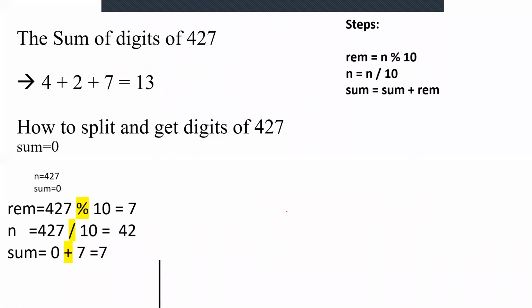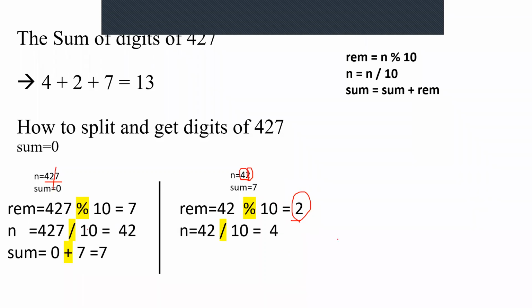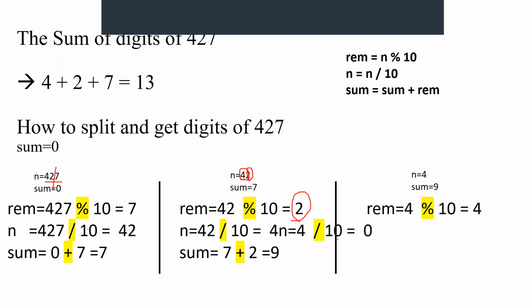If you didn't understand, I'll repeat it once again. 427 is a number, so if you find mod with 10, you will be able to extract the last digit. And the division will give you the remaining number, that is 42. Again, to this we give 42 as a number. So when we find mod, we will get the last digit, which is 2. When you find the quotient, you will get the remaining part. If you have only 2 digits, the first digit will be there. Okay. Now you should remember this concept.